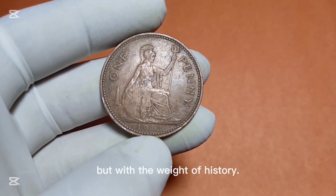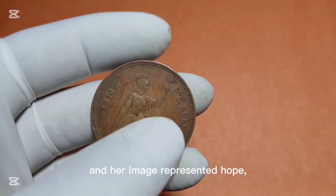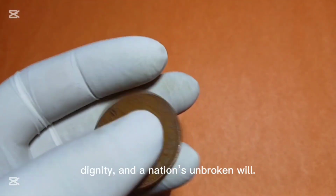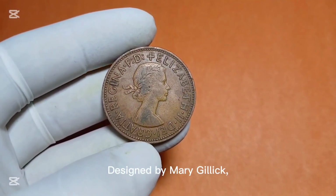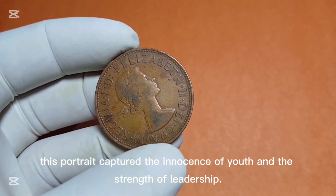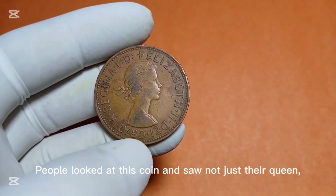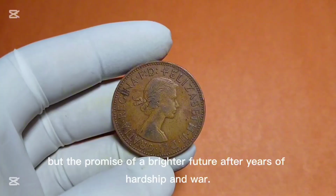jewels, but with the weight of history. This was only the beginning of her reign, and her image represented hope, dignity, and a nation's unbroken will. Designed by Mary Gillick, this portrait captured the innocence of youth and the strength of leadership. People looked at this coin and saw not just their queen, but the promise of a brighter future after years